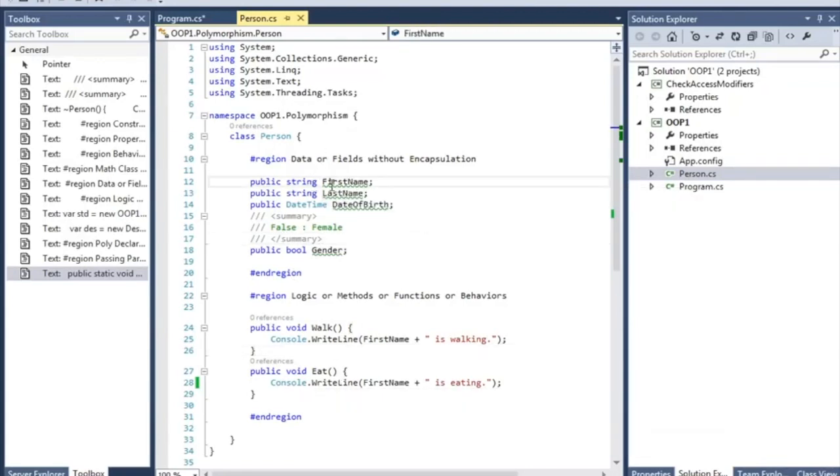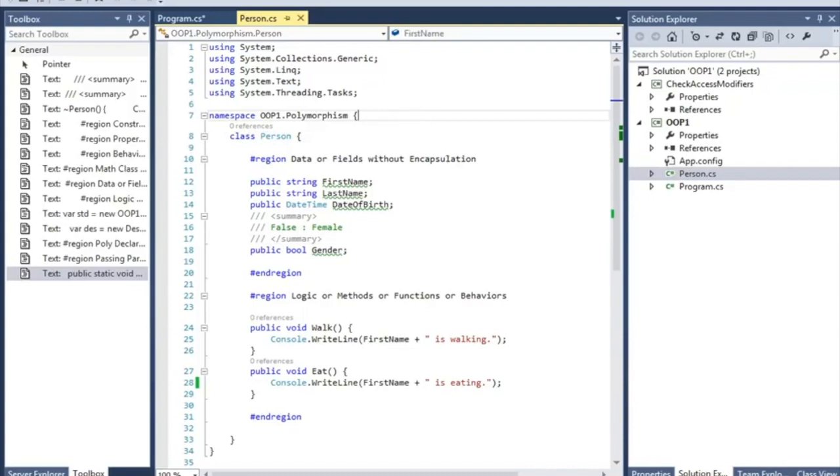It's very simple. We have written the fields, public fields. These are known as fields, and this is the public modifier. We're going to talk about access modifiers later, but for now just understand that public means that everyone can access it. So we put those fields to public access modifier, so everyone can access them. And we have two methods. In the slides you have seen many behaviors, but we only write two methods. That's it for simplification. So that's our class.